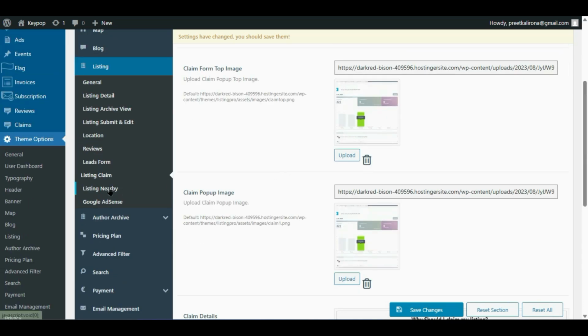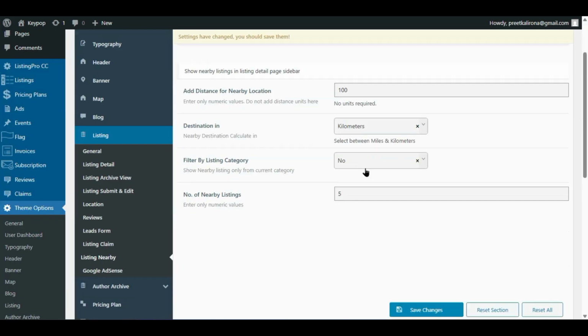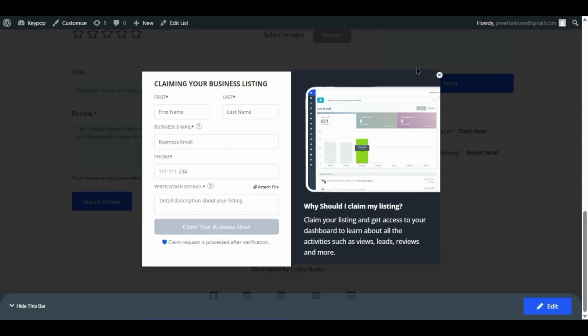So now let's go to listing nearby. If you want to enable distance listing or nearby location listing, by default you can enter the value number here, distance unit 100. So that will show listings under nearby locations, distance in kilometer, 100 kilometer. You can also filter by listing category. Number of nearby listings, so if I scroll down to here,